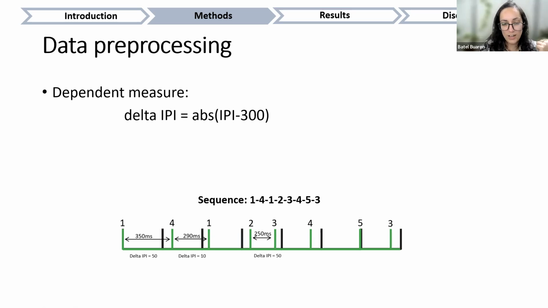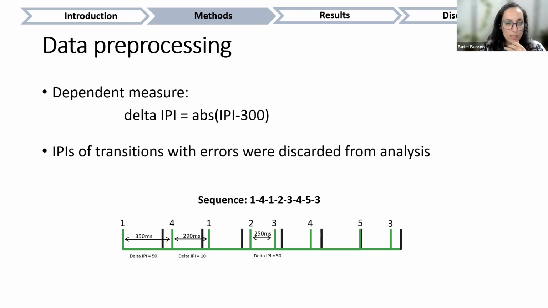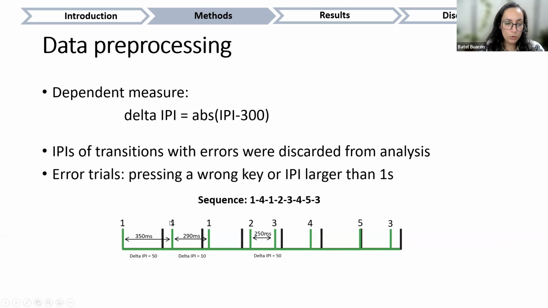And we took the absolute value because we wanted to quantify the magnitude of the difference from the perfect performance. So if we didn't look at absolute values, this difference and this difference would average out to perfect performance, would average to 300 milliseconds. But we can see that here and here, the participant was equally far apart in performance. We also removed from analysis any errors that participants made. So for example, if I aimed here at a note that is 4 and I accidentally pressed the note 3, this delta IPI was removed. And we did this in order to avoid any post-error slowing effects or something that might compromise the results.